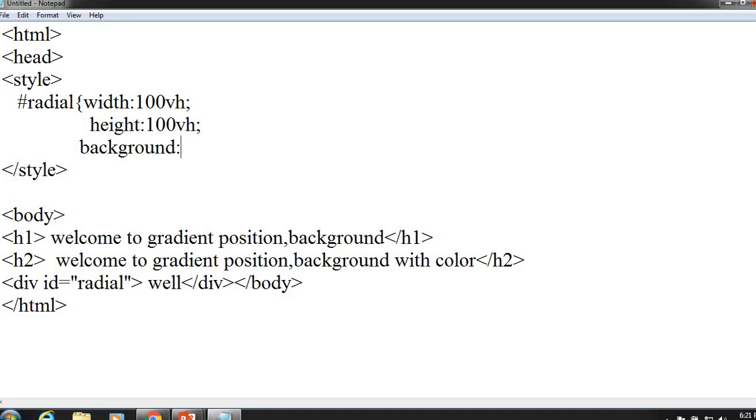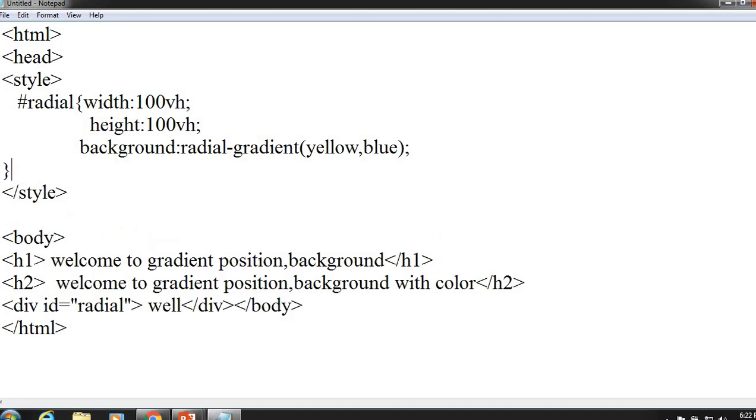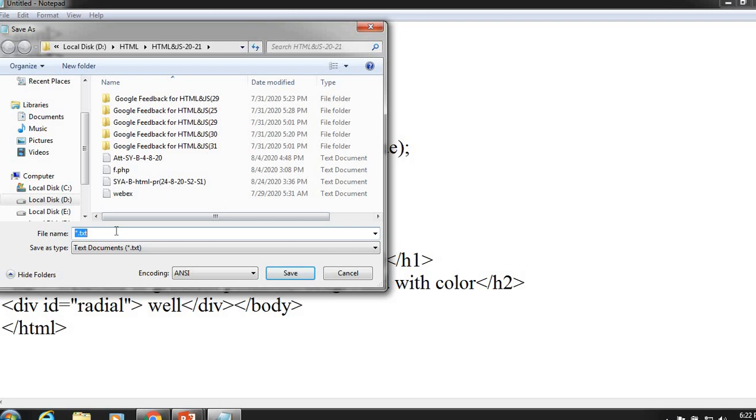So here I am going to put background radial gradient. Just remember we should have a minimum of two colors, so I am going to put two colors initially. So this is about the properties of radial gradient. It has a different look than the simple one. So I will see the output for this.